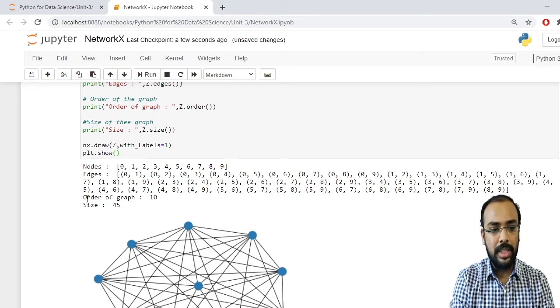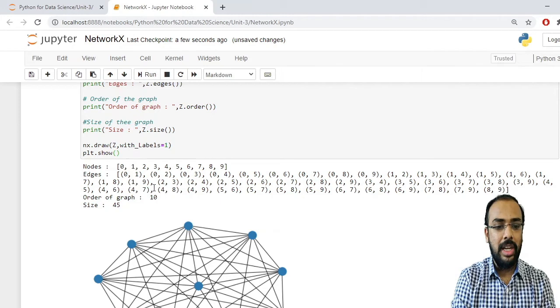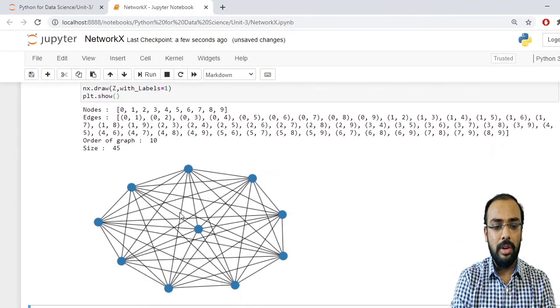Next you can see here is order of graph, that is 10. The next is size of your graph, that is 45. These concepts, order of graph and size of your graph, you have already studied in your subject, that is data structure. I am showing you only how it is printing the order of graph and how it is getting you the size of your graph.